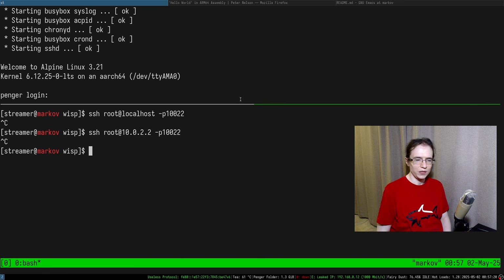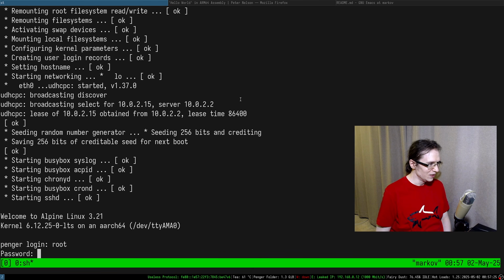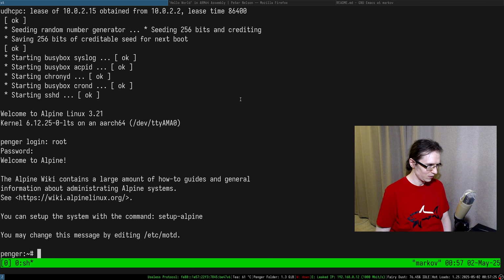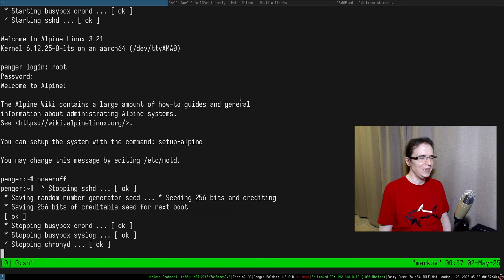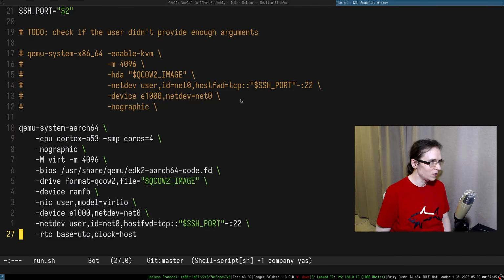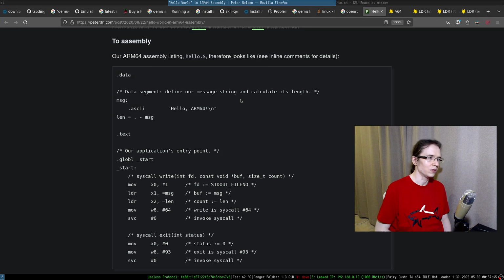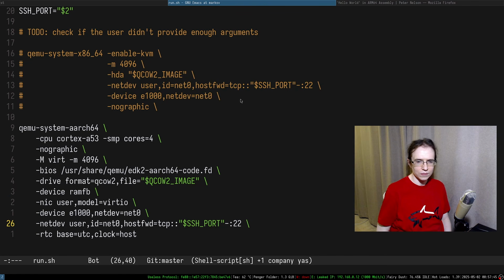Is a host IP from ADB? We're not doing ADB, people! Okay, so let's power off. We're not doing ADB yet. So run is, did I specify it? I feel like I might not have, but I did specify it, look at that. I did in fact specify it. And then I just do that.